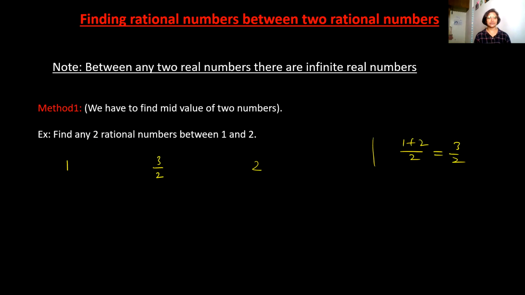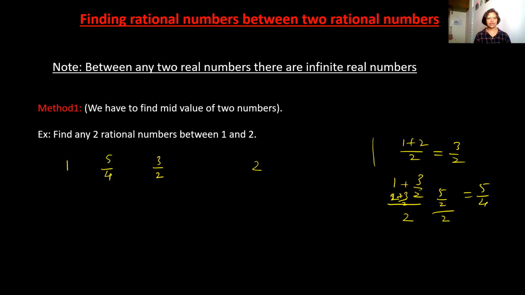Now another number you have to find out. So for another number, either you can take the mid value between these two numbers or the mid value between these two numbers. It's your choice. So I am going for this number. So here, you are adding these two and upon 2, right? So first you will add these two numbers. So what will come here? 2 plus 3 by 2 means 5 by 2 upon 2. Okay, so you will get 5 by 4. So here it will come 5 by 4.